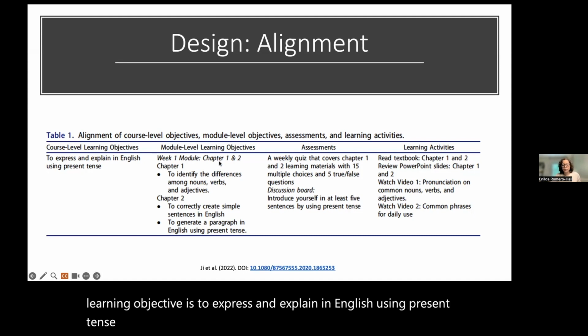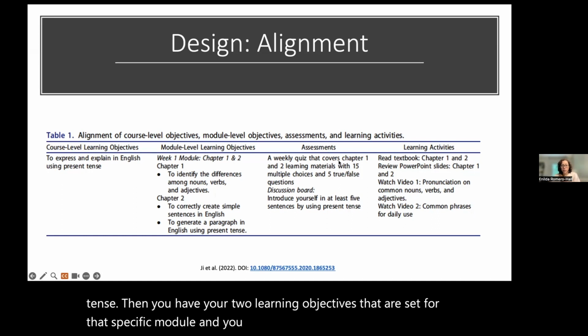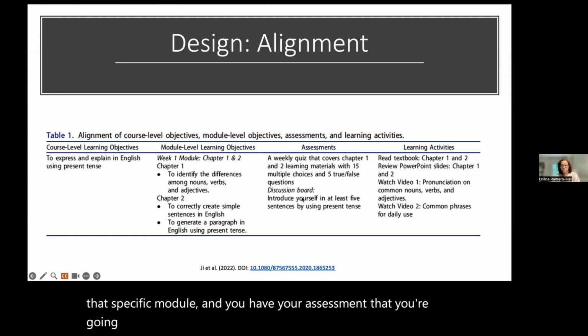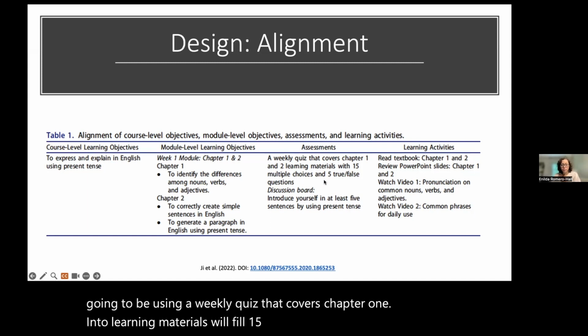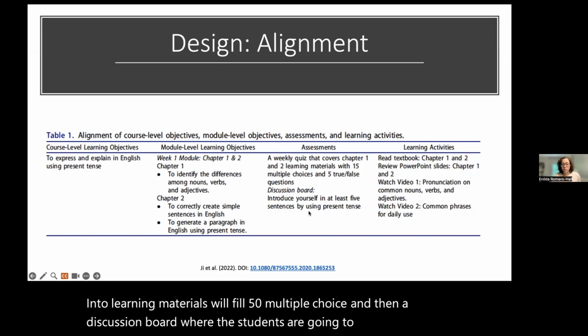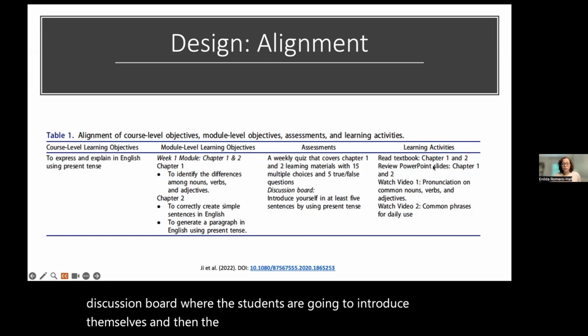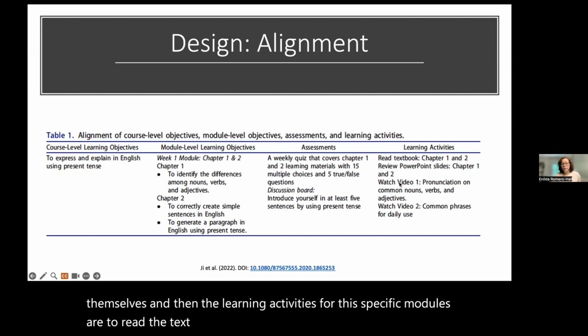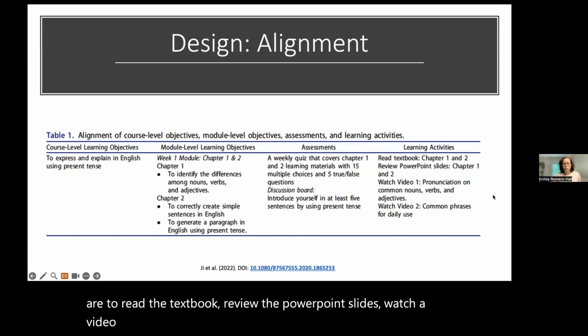Then you have your 2 learning objectives that are set for that specific module, and you have your assessment that you're going to be using, a weekly quiz that covers chapter 1 and 2, learning materials with 50 multiple choice, and then a discussion board where the students are going to introduce themselves. And then the learning activities for this specific module are to read the textbook, review the PowerPoint slides, watch video 1, watch video 2. And